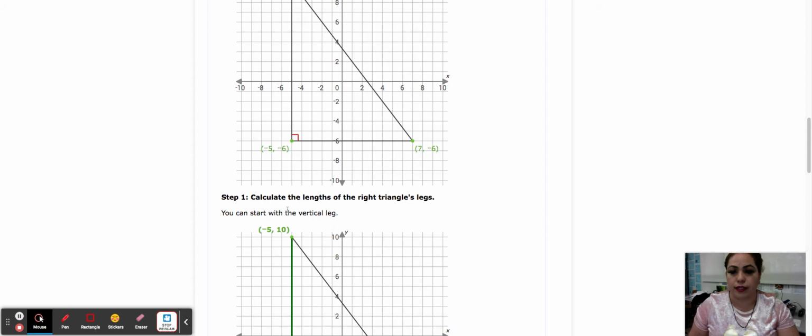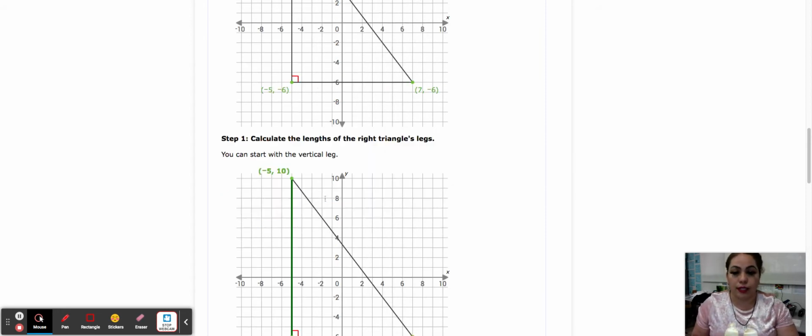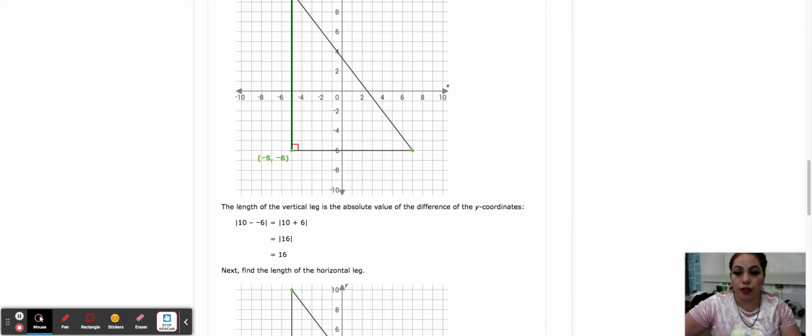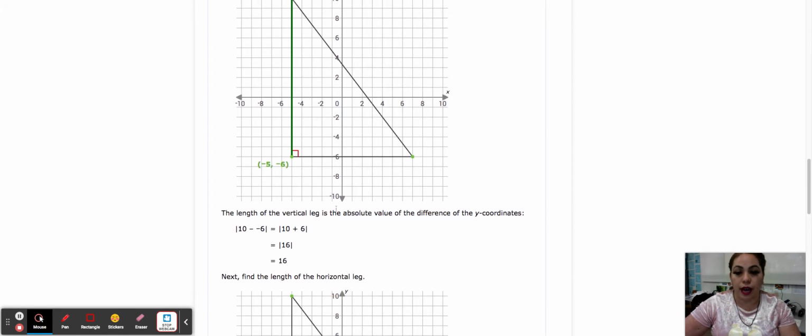So how do we calculate this? Calculate the length of the right triangle legs. You can start with the vertical leg. All right, so for the vertical leg right here, we're going to use these 2 points, which are -5 and 10, and -5 and -6. So the length of the vertical leg is an absolute value. That means those lines that start right here, this is a big old line. It looks like a lowercase l, and another there. That's the absolute value